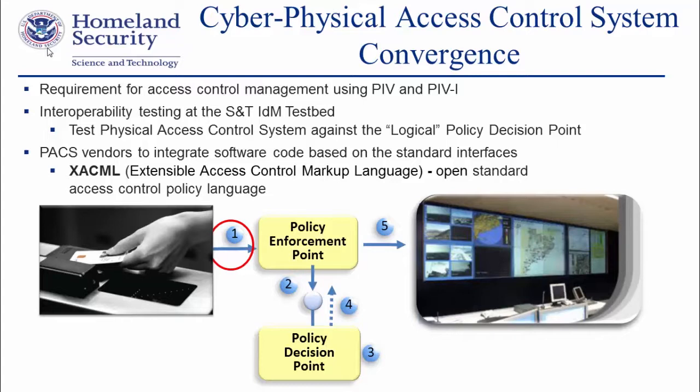So there's a logical access control environment or infrastructure implemented at DC government for their employees to access their cyber resources. But now they have a separate, siloed environment, and those physical access control systems can also leverage all the great things happening on the logical side. Because the physical access control environments and technology aren't leveraging a lot of the standards, but I'll get to that in a minute. Basically, what I wanted to circle here is that we are using the XACML